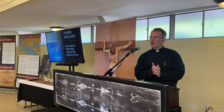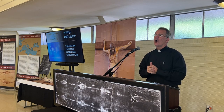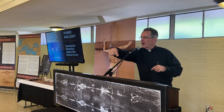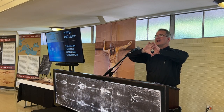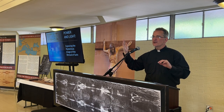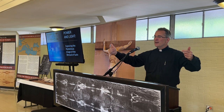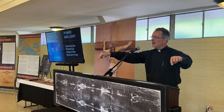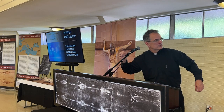You may recall back in February, the beginning of Lent, we had 3 nights in a row in which we talked all about the Shroud, what the Shroud is, and how to read the Shroud. When you look at the Shroud here, this is the negative image of the actual negative of the shroud. What do I mean by that? For those of you who weren't there, the image on the shroud that we see in the church and in other places is itself a negative image. And so when you take a picture of the negative, you get the negative of the negative, so this produces the positive. And in 1898, Secondo Pia